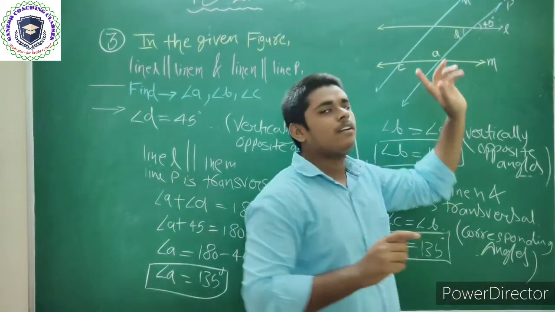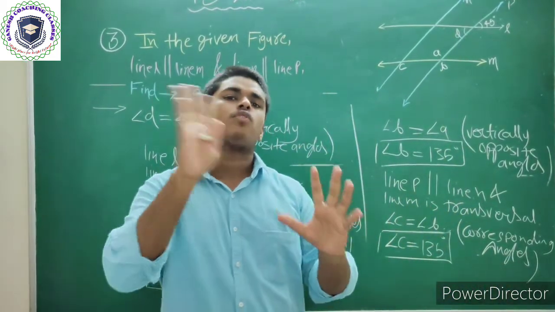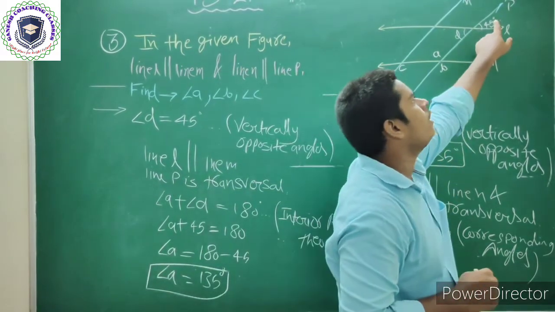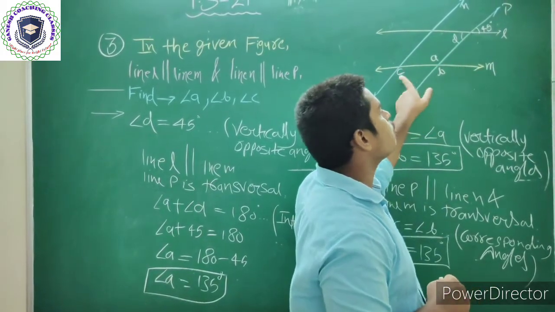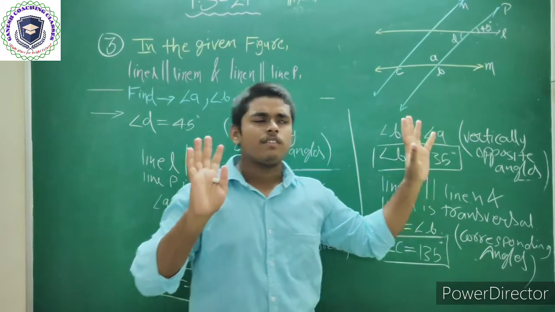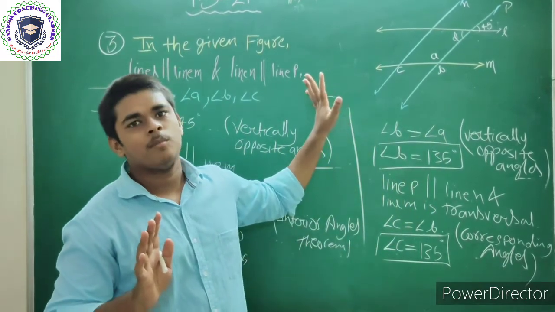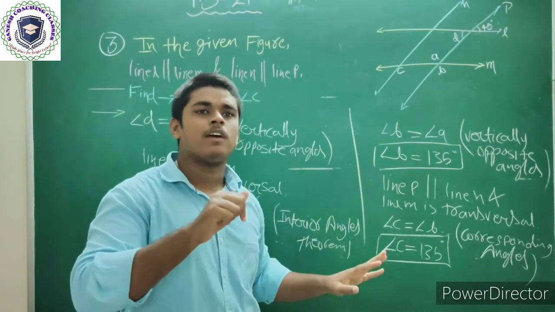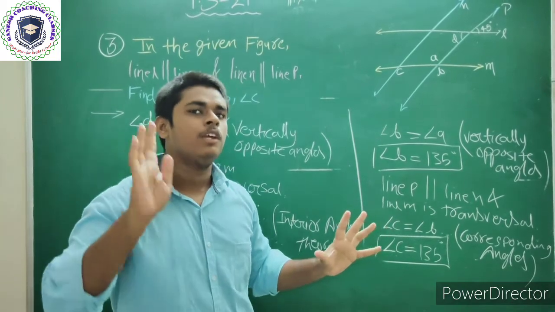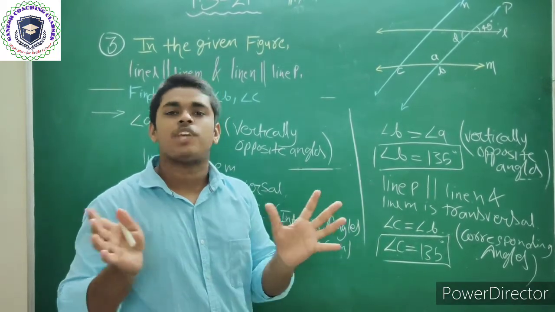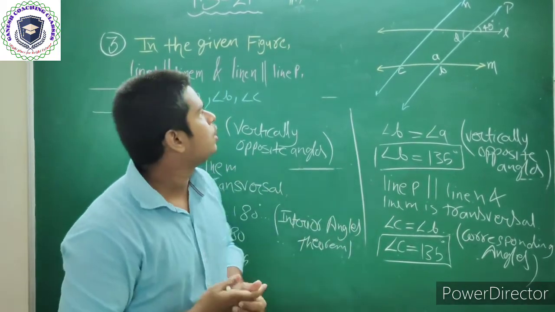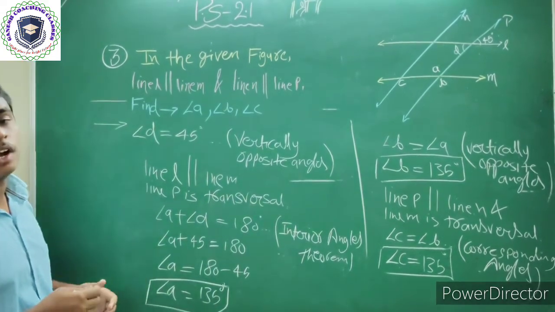And angle T we assumed because there was no relationship between the given angle and the angles which we have to find. If there is any such case like this sum, we have to assume one angle which shows the relationship between the other angles which we have to find. So here we completed question 3. Let's start question number 4.